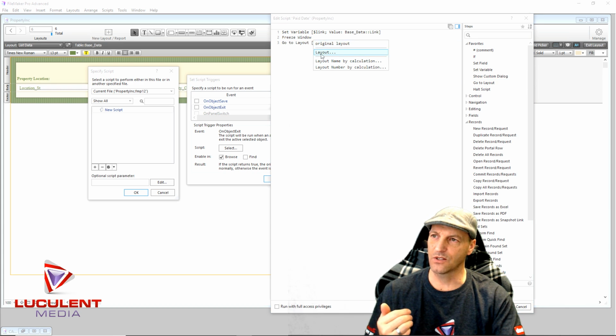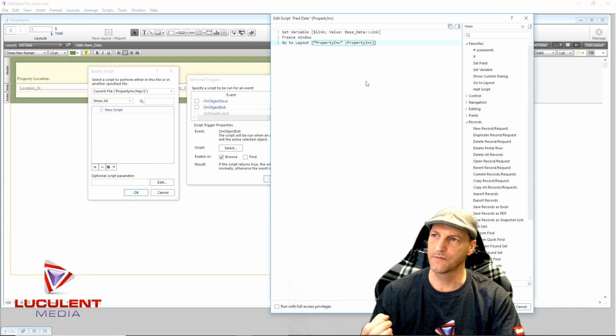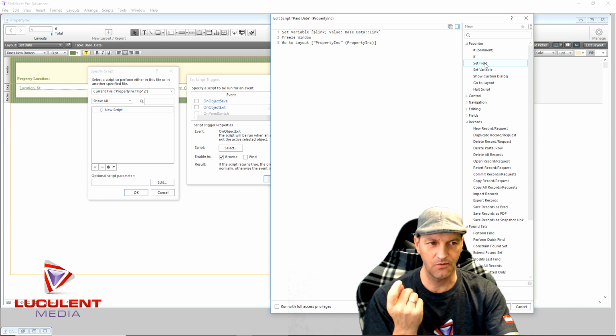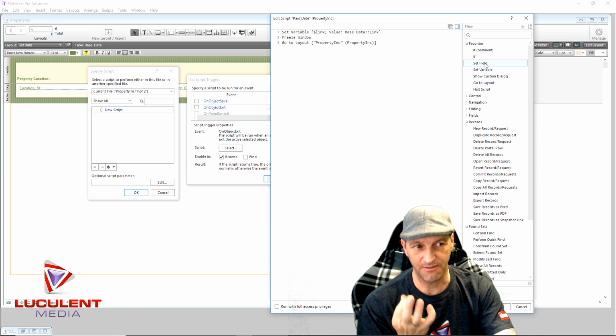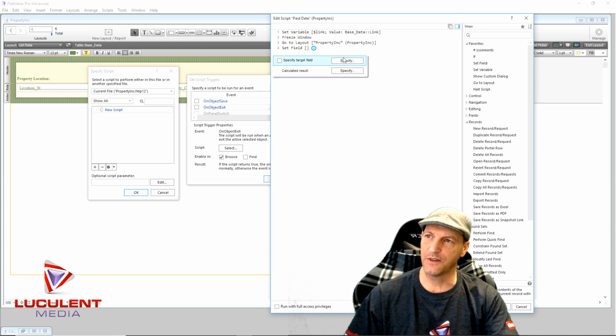And this layout is going to be your very first one. So it's going to be the property Inc. layout. And then we need to set a field. That's kind of what we need to do. Now we need to set a field. So we're going to set a field, and we're going to set that field